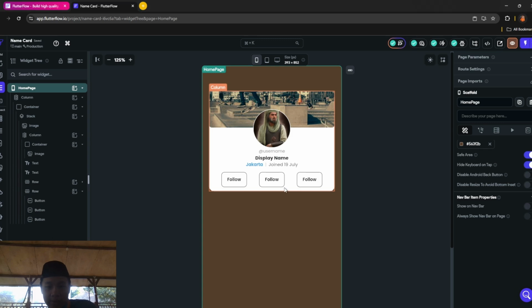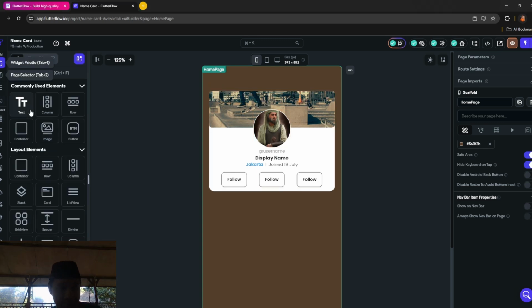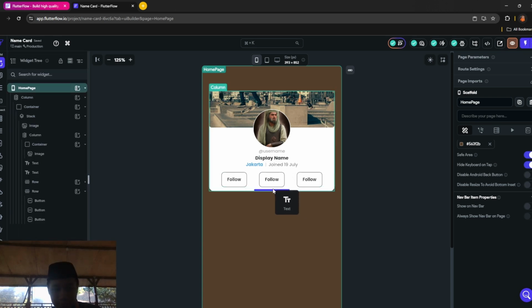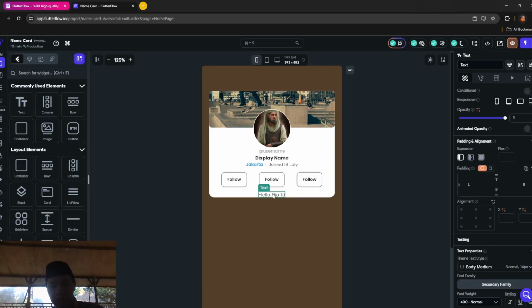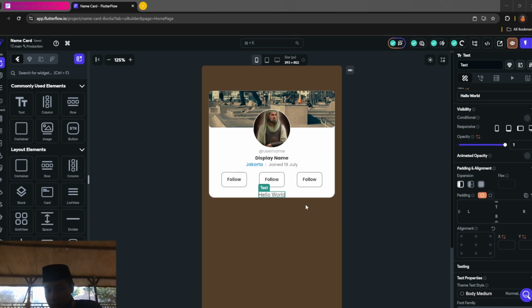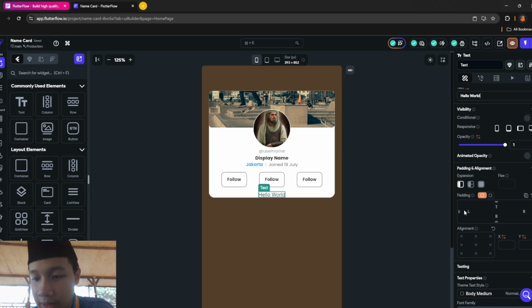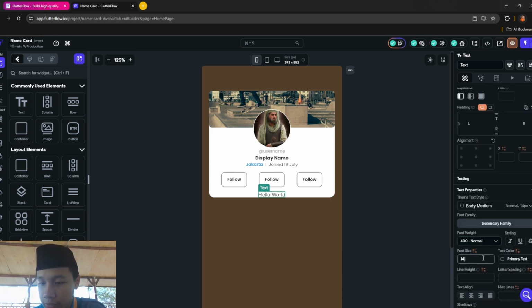And after this, you want to add a text here, below here, and then change the font size to 10.